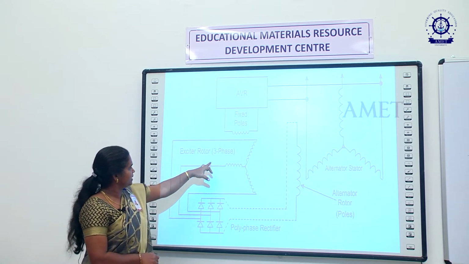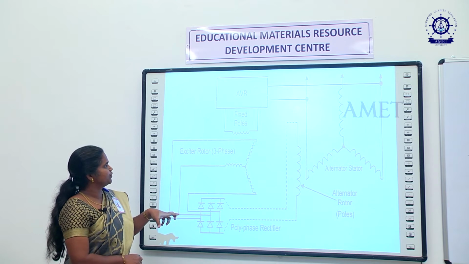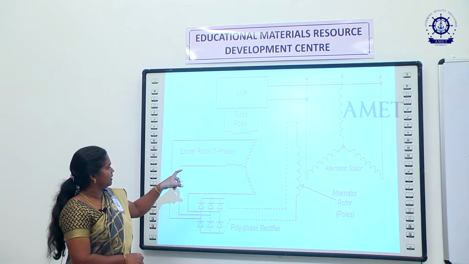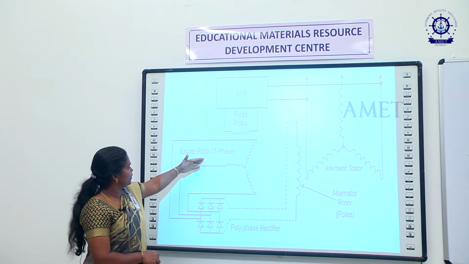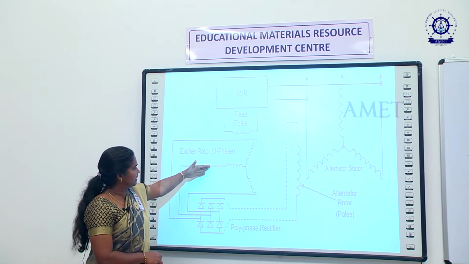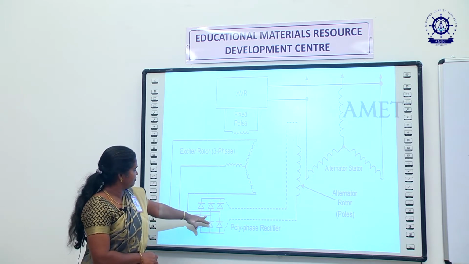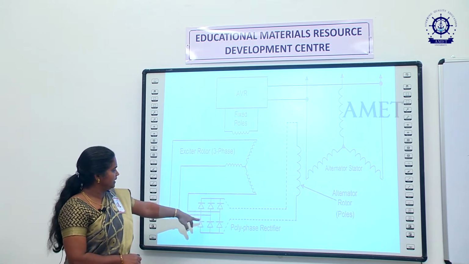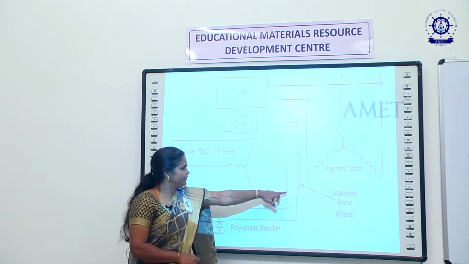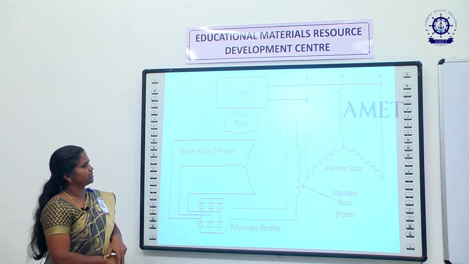Then these are the rotor conductors. Here it has 3-phase rotor conductors. So we know very well this rotor gets supply from the DC supply, and the EMF is induced in the rotor conductors. The induced 3-phase EMF will be given to the rotary rectifier. This rectifier will convert AC into DC, then this DC voltage is given to the field winding of the main alternator. So this is the structure of the brushless alternator.